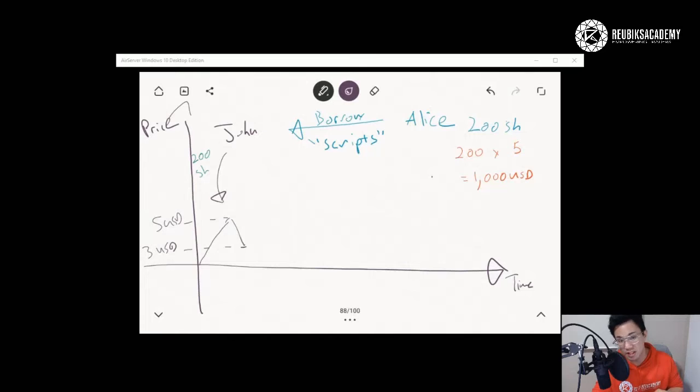at 3 USD each. So if she buys back 200 shares at 3 USD each, what is the cost that she incurs? She incurs 600 USD in terms of cost. So as you can see, her cost of acquiring the shares is less than the gross profit that she made from selling the shares. So her net profit would be